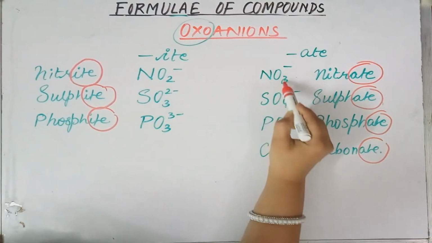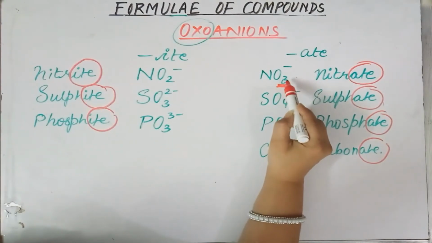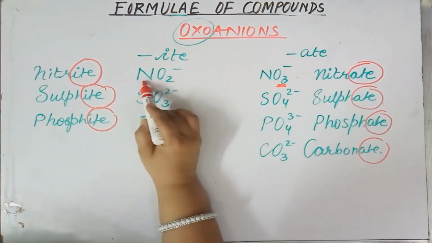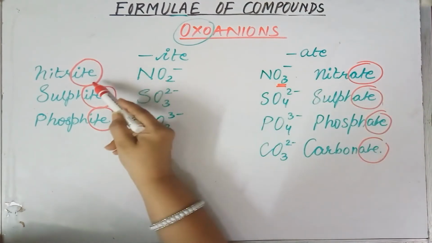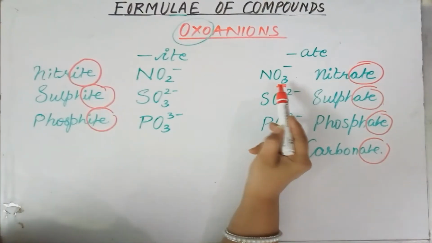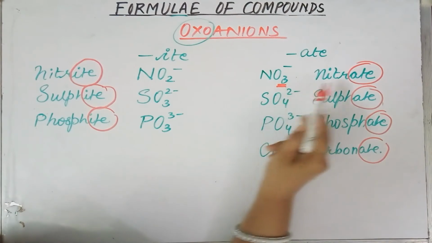Let me show you this. NO3. Remove one oxygen atom from NO3 and you will get the -ite, NO2. So you can easily convert the -ate into the -ite by the removal of one oxygen from the formula. So NO3 minus is nitrate,